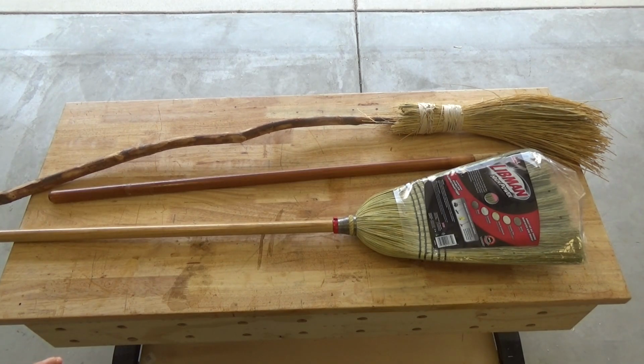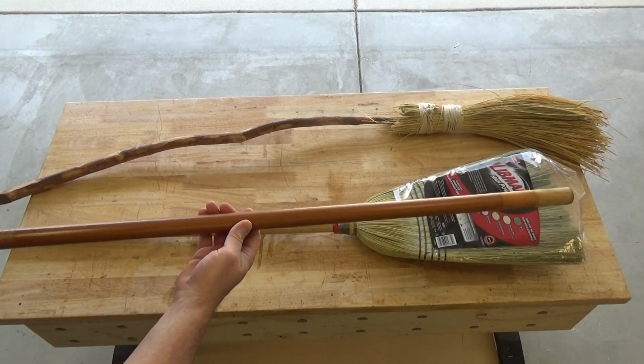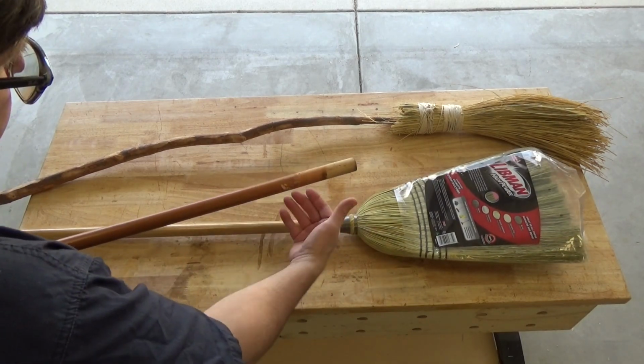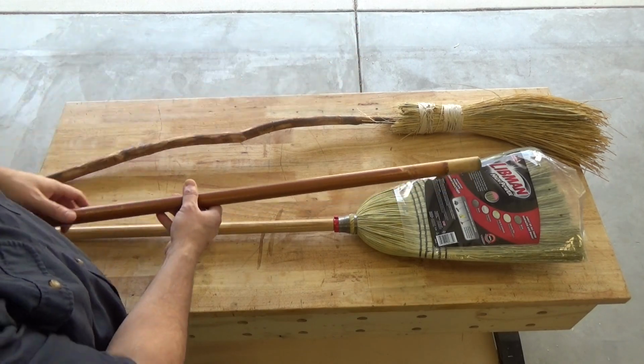So what I want to do in this video is try some spiral cutting techniques on the table saw, put some decoration into these round broom handles, and then take apart the broom corn again and reaffix it to the end of the broom to make it look more like an old-timey broom that you might be able to use